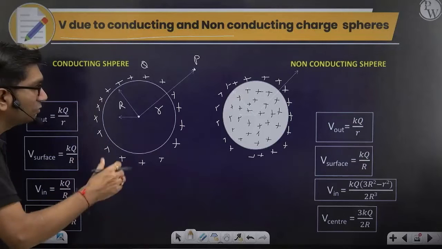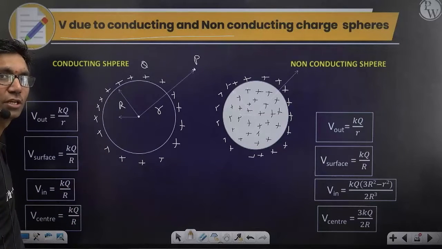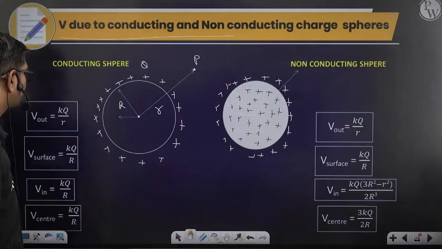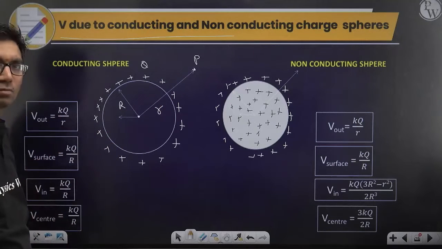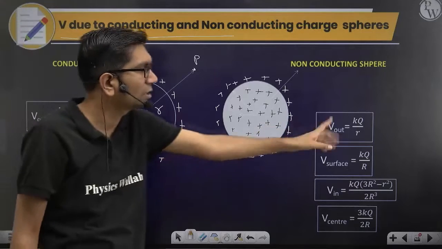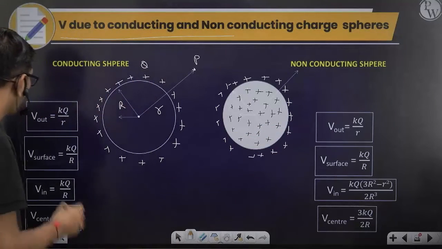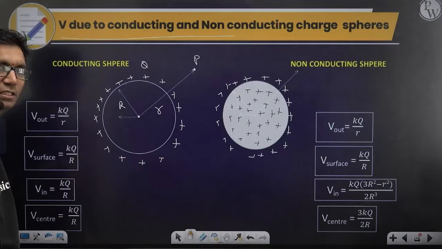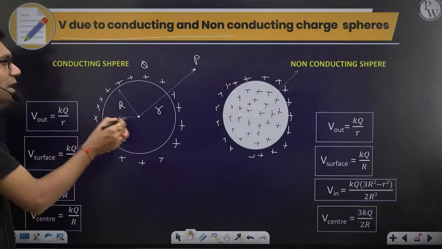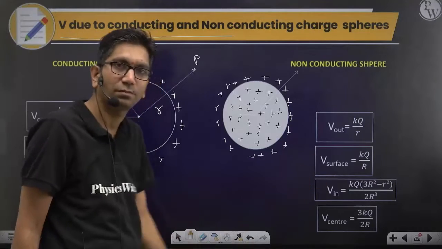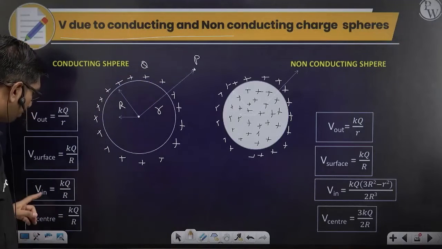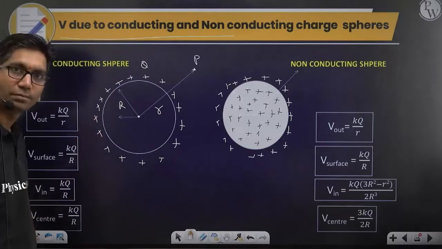Now we are calculating the electric potential. Electric potential outside is the normal formula, KQ by r. On the surface, small r is equal to capital R, so in place of small r, keep capital R. Now potential inside,